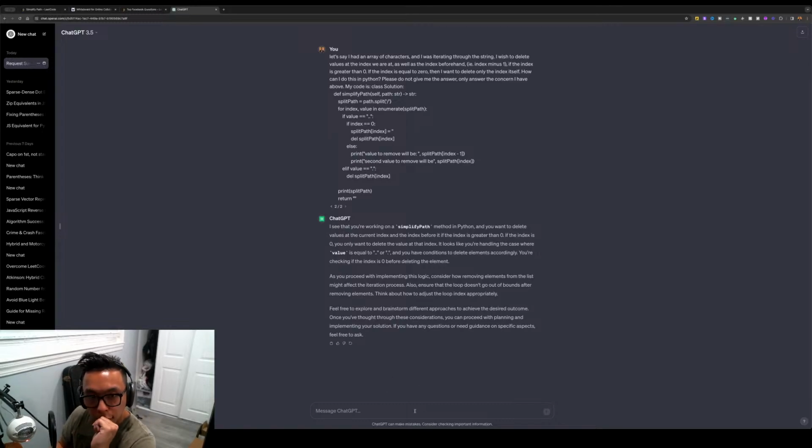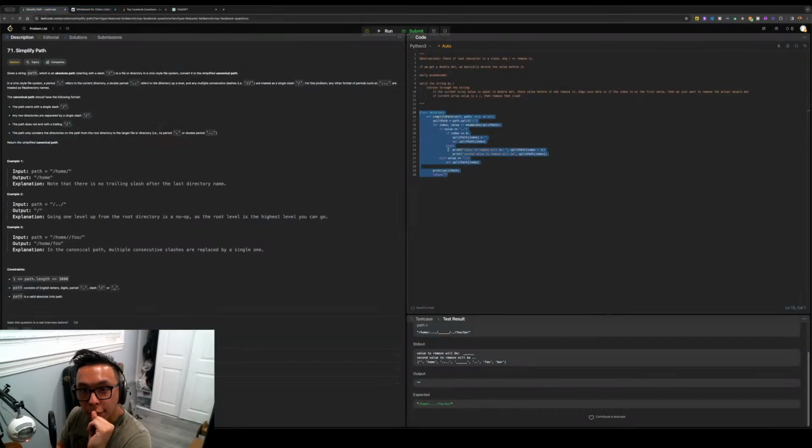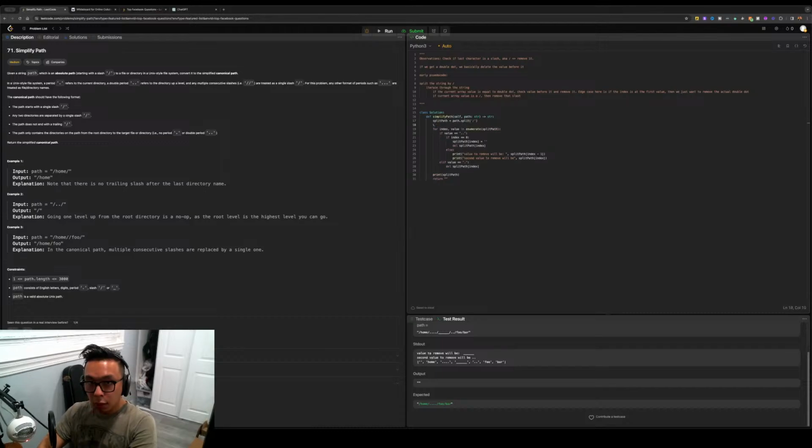So that's a good point. There's two ways that I'm thinking to approach this actually. If I get a double dot, and my index is equal to 0, what I want to do is make a copy of the string. So I'm going to have answer is equal to, if index is equal to 0,